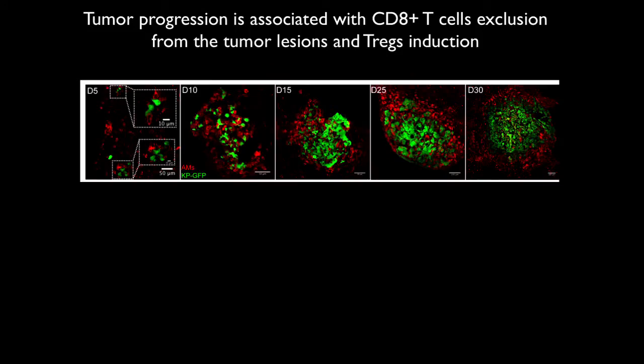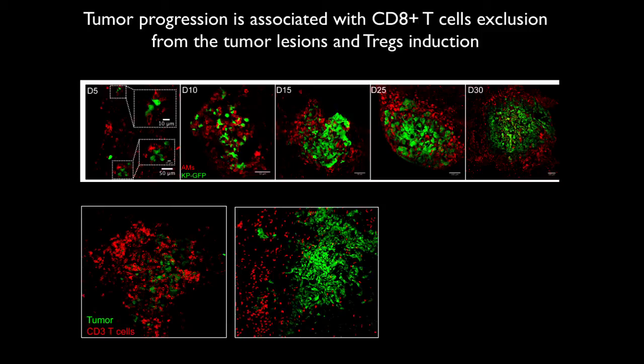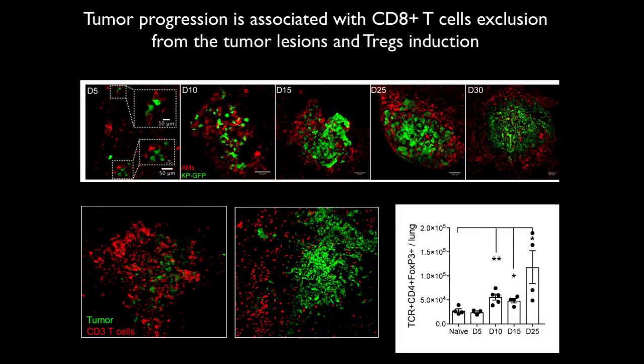All right, so I'm an immunologist, and so I'm going to go back and look at what this means immunologically in the tumor microenvironment. So what we saw when we were studying tumor evolution is that along with this redistribution of macrophages around the tumor lesions, T cells were also redistributing around the tumor. And while these T cells were redistributing around the tumor, we saw an expansion of T regulatory cells